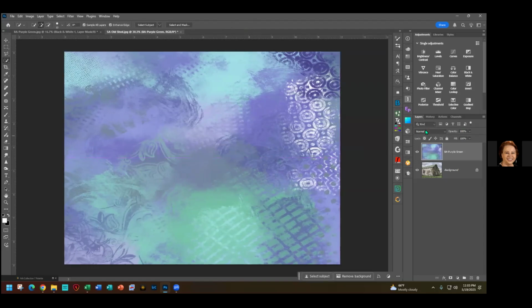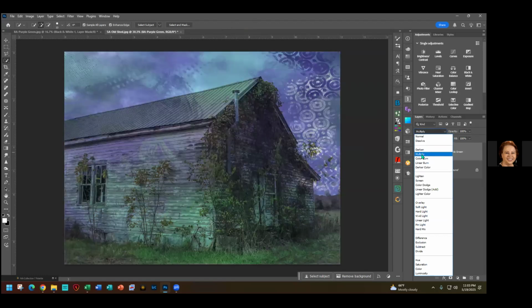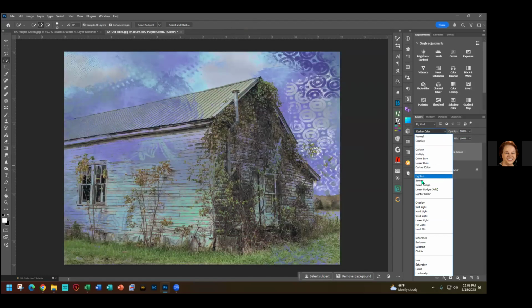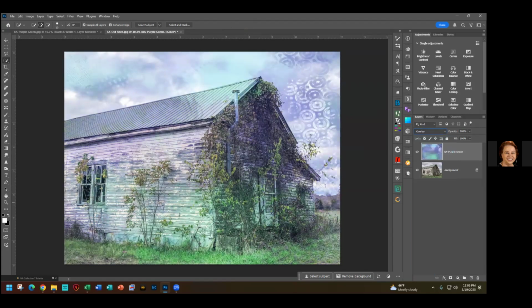And then this is where the blending mode and opacity come into play. So you can see what it will do to an image. Again, this isn't one I would necessarily use with this image. I would probably use some tan, grungy kind of a texture, but just so you can see what it will